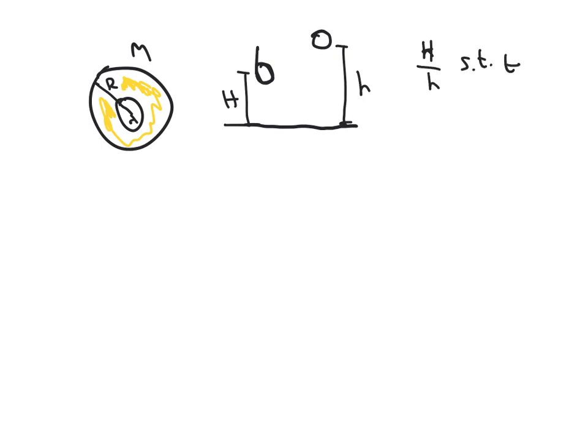And what we want to do is find the ratio of heights such that when we drop the roll and let it unroll from height capital H, and we drop it without unrolling and let it fall from height lowercase h, we want to find the h over H such that the times are equal. In other words, when we drop both of them at the same time, they hit the floor at the same time. And this is going to be the dynamics approach, so we're going to do it by saying,